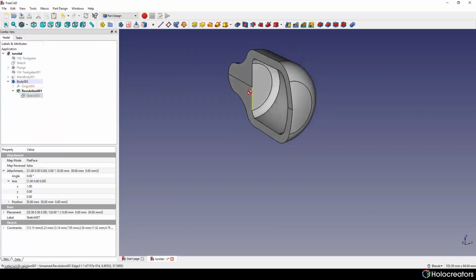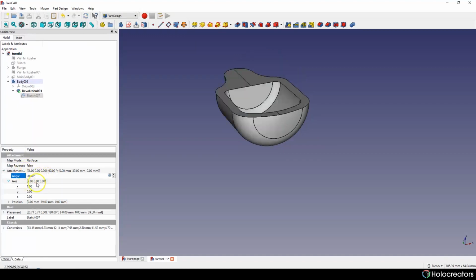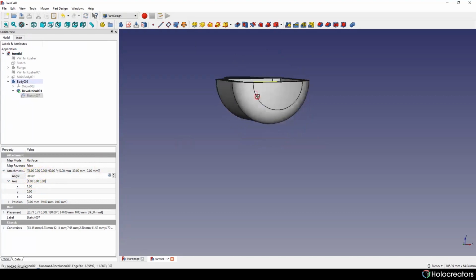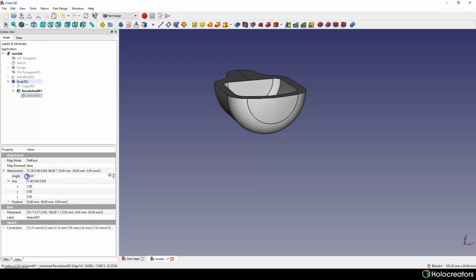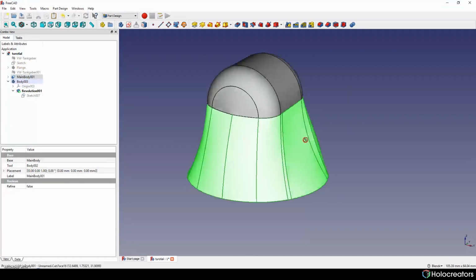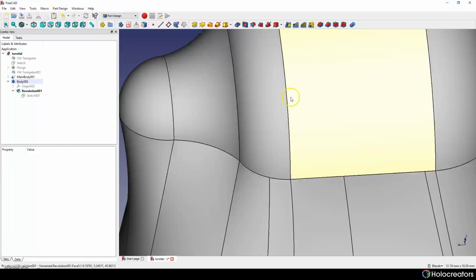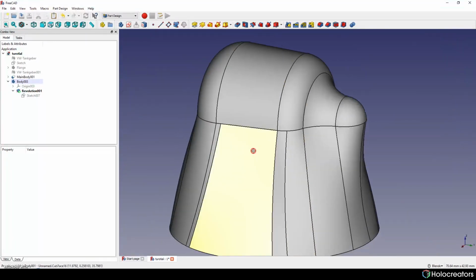We can always edit our sketch inside of any operation, we just have to turn it 90 degrees, and it's gonna work. Let's try minus 90. Yeah, it's perfect right now. So it has good alignment to our main body.